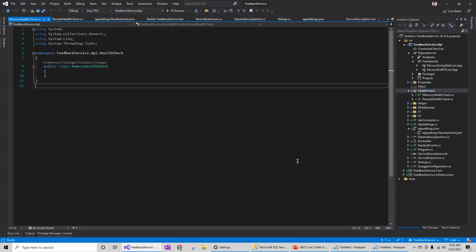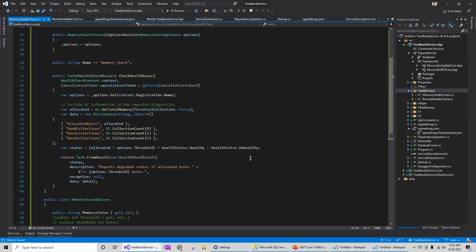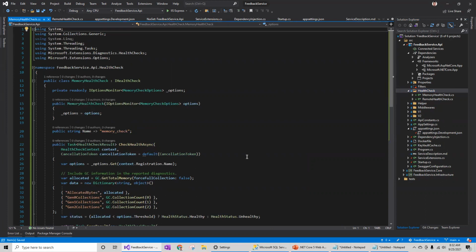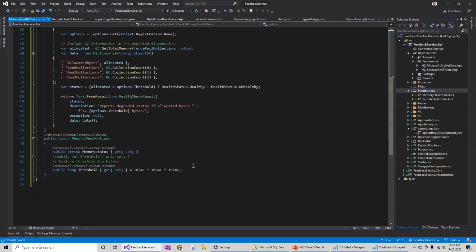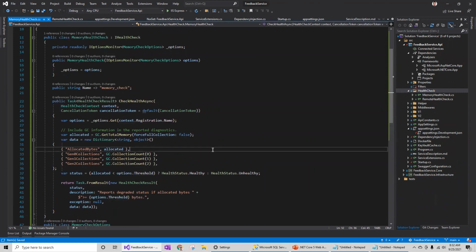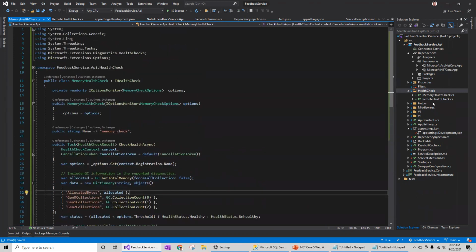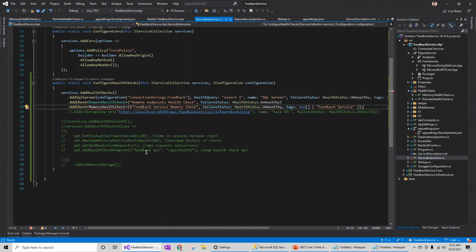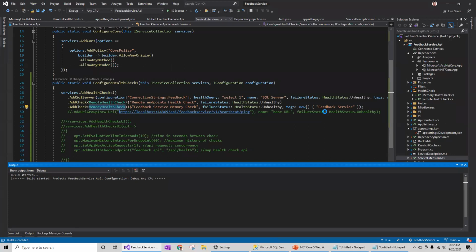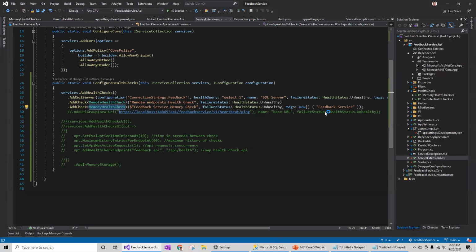I'm going to copy paste the code which I got when I googled it for the memory health check. Make sure that this threshold is properly calculated. If I go and enable the service health check here, now let's see the memory health check of the API service.